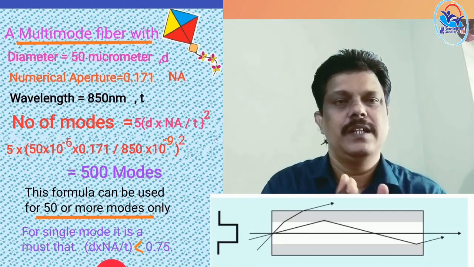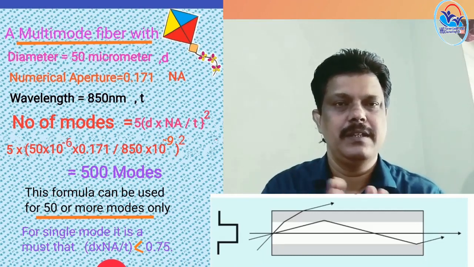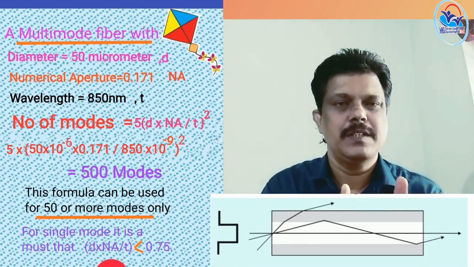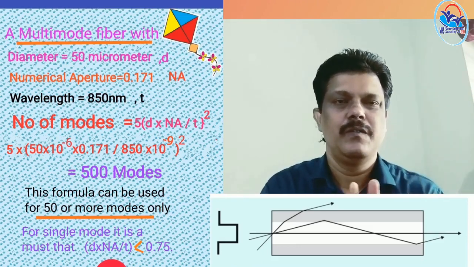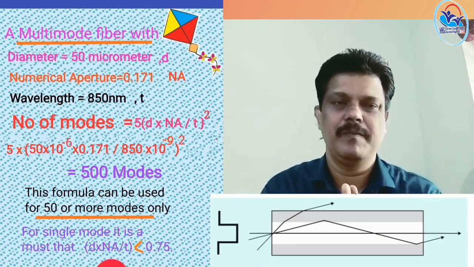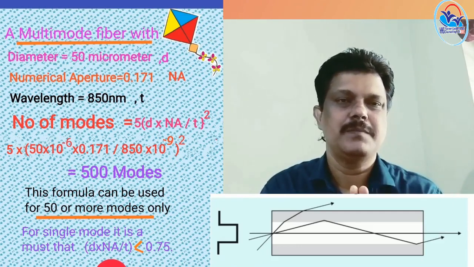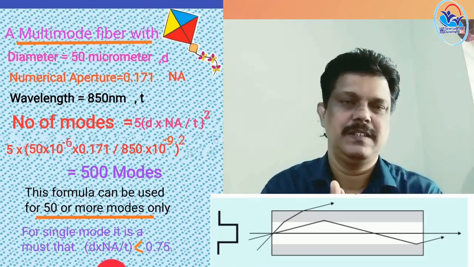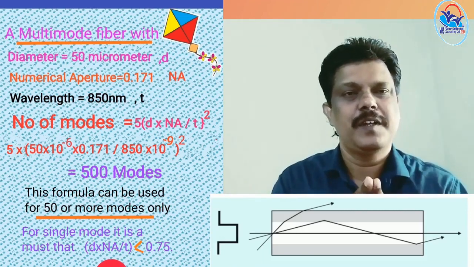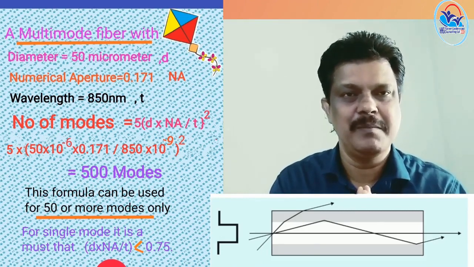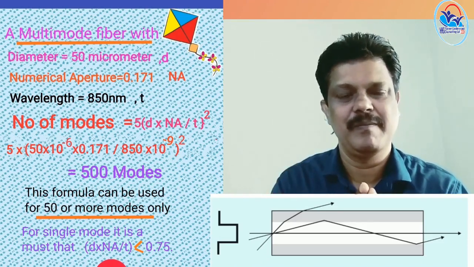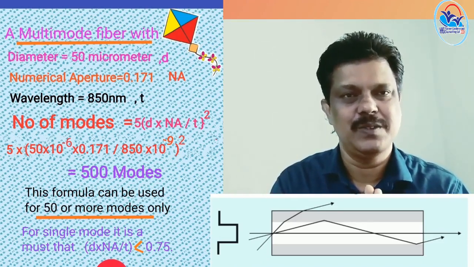So, the time taken to reach the receiver end will be different for the different modes. Since the refractive index is uniform, the speed of the modes will be the same all along the fiber. The difference in time comes with the different length of the paths. If the length of the path for different modes were the same, they would reach the receiving end at the same time. But it is not like that, as we saw.